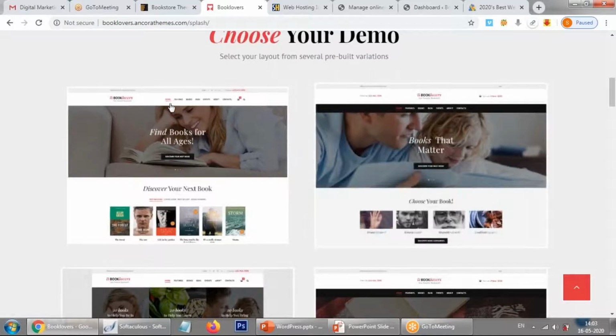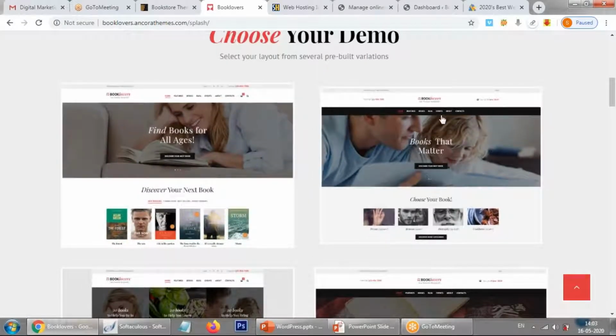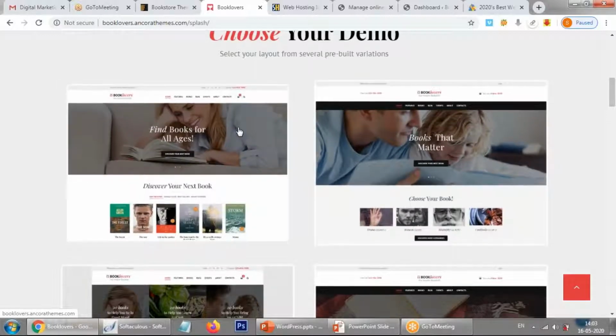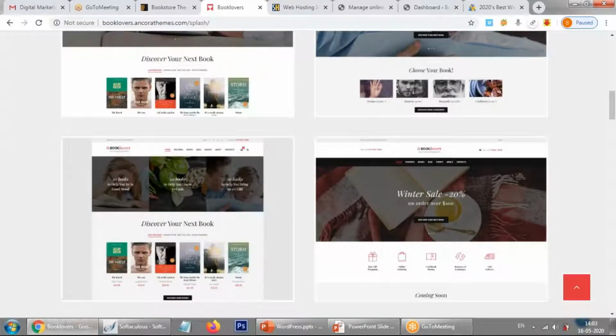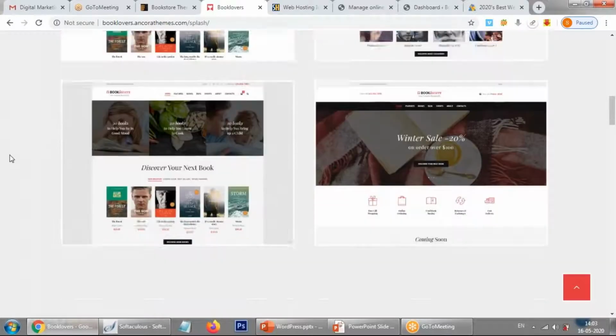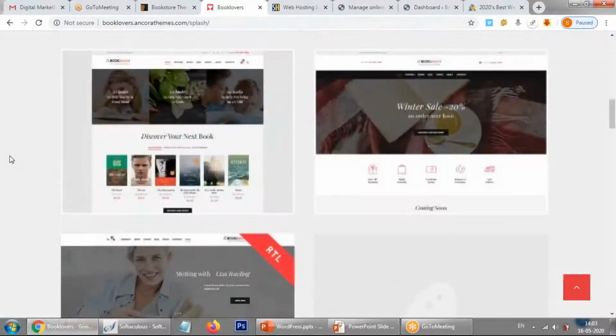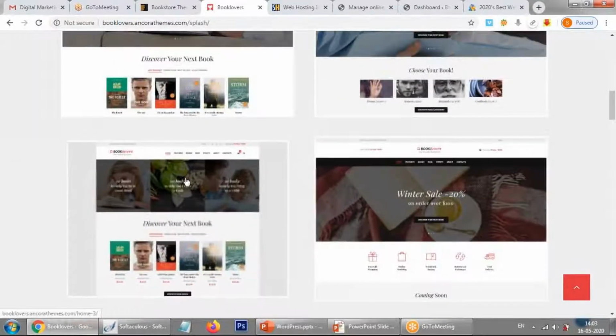Like see here, you can see the menu on the top here, but here you don't see the menu. Menu is here on the black strip. Here there is no black strip. So depending on your requirement, what exactly you want, you can choose. So let us say I will check this one. So when I click on this,